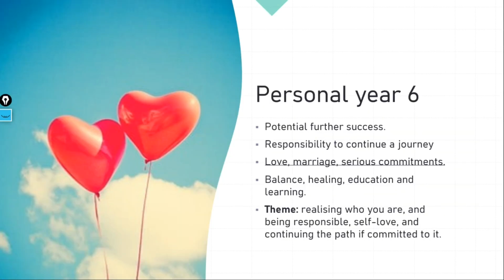So when we get to a personal year number 6, this year is all about potential and love and education. This year, what can come up a lot for people. So 6 generally, even if you look in the tarot, 6 and 7 can be like numbers of potential for success, and that's what we're dealing with here. It is about responsibility to continue a journey. So bearing in mind that a 5 year before might have been about freedom, you might have been getting out there, a little bit of joy, quite a carefree year. When we get to 6, it's about, okay, knuckling back down and taking responsibility to continue the journey that you're on, if you've committed to a journey.